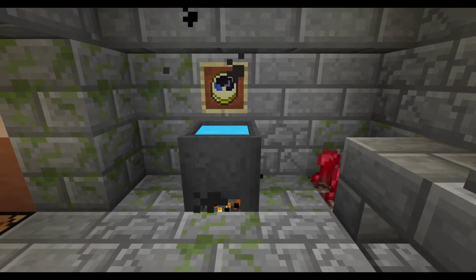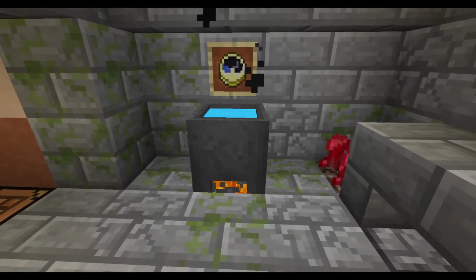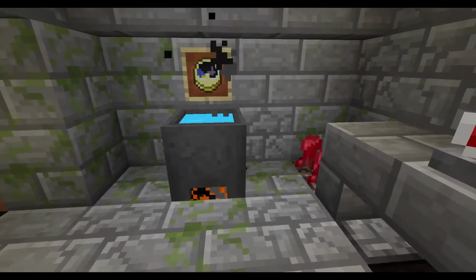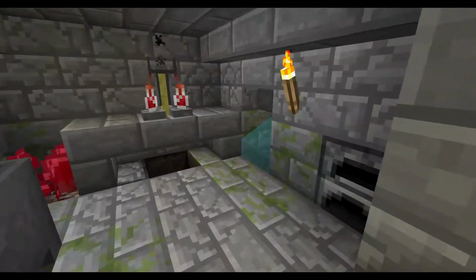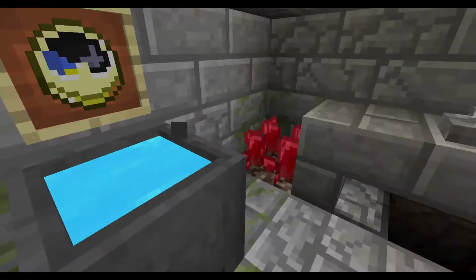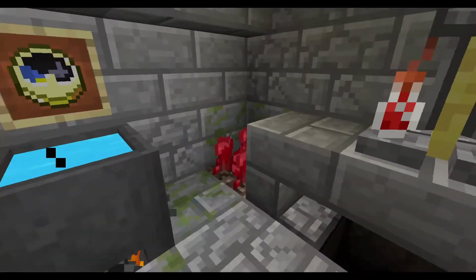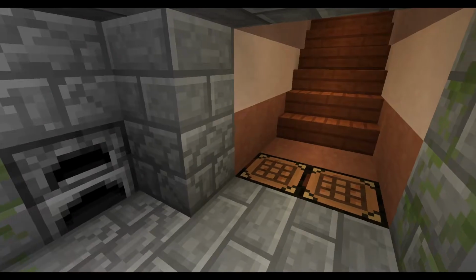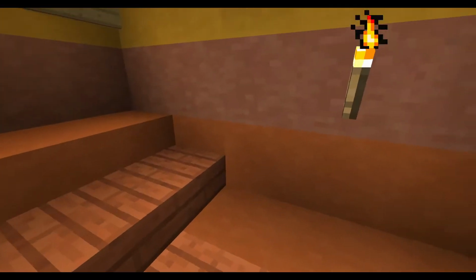Yeah, again, this whole thing here is pretty much just flavor. It doesn't have any function because I've got my water source over here, so I don't even really need the cauldron. But it's just a flavor thing with the rest of this room. So there we go. Now, one of the other things that I've been thinking about doing, I frequently, as I'm up in here, hear the villagers from the trading center,